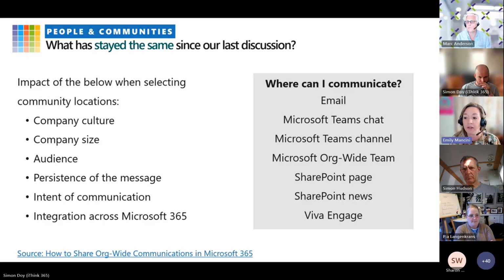You'll also want to think about things like your audience, whether it's internal, external, limited, that open loop, or whether it's that inner loop. Of course, persistence of message. So let's say you have an org-wide team with an everyone chat, and chats are gone by the end of the day. If you're trying to have longer conversations with more persistence, you might be looking at something like SharePoint News or Viva Engage, where there could be threaded conversations around that topic after that.